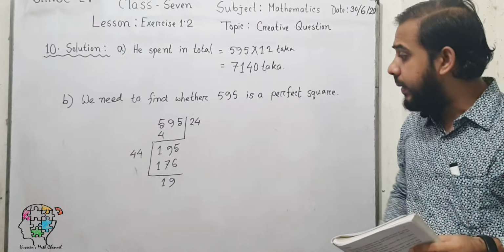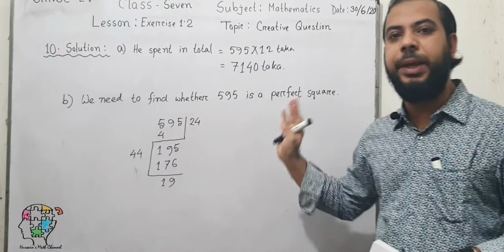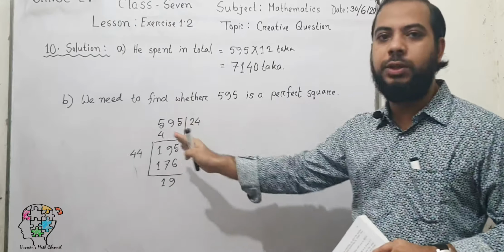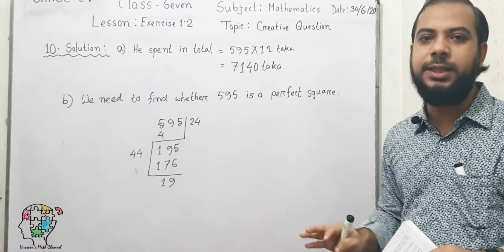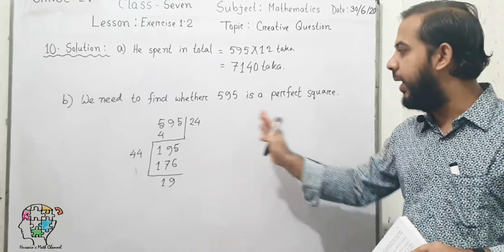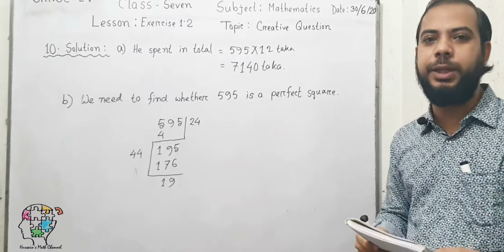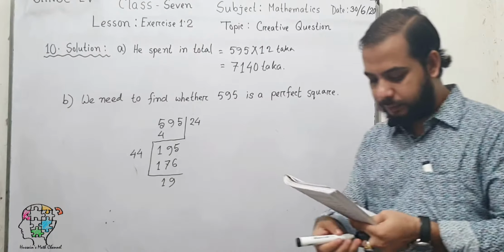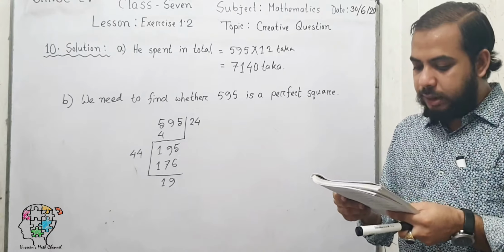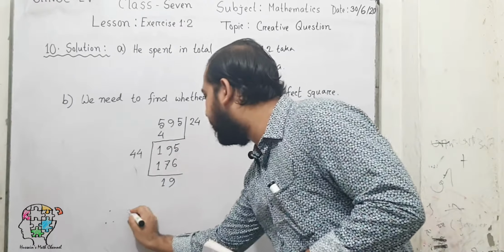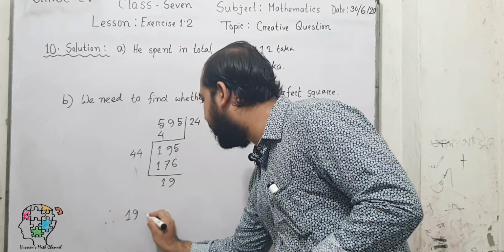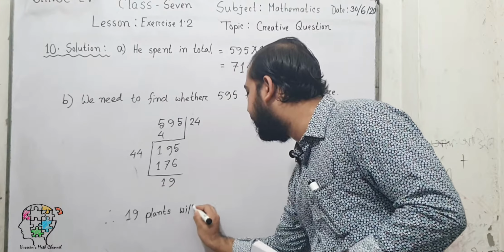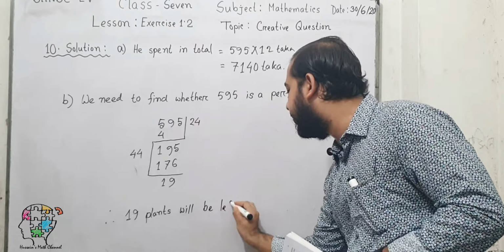Now this 19 plants will be left if we want to arrange these 595 plants where the number of plants and number of rows of the garden will be equal. So we can write here, 19 plants will be left. From the question, you can write the language. 19 plants will be left